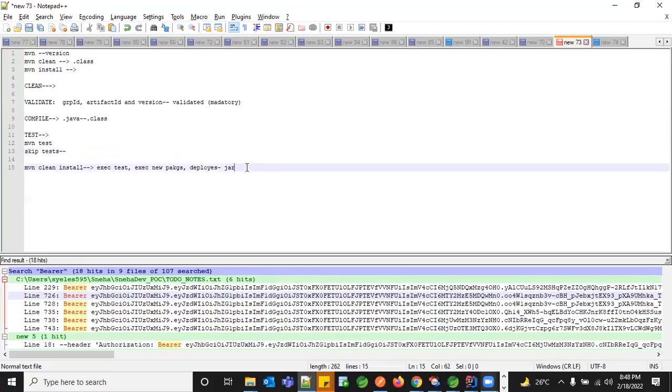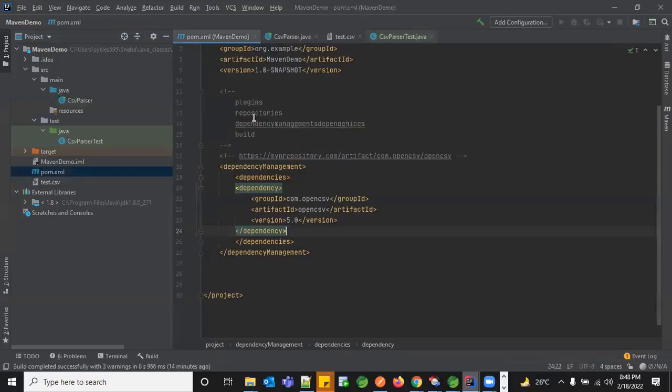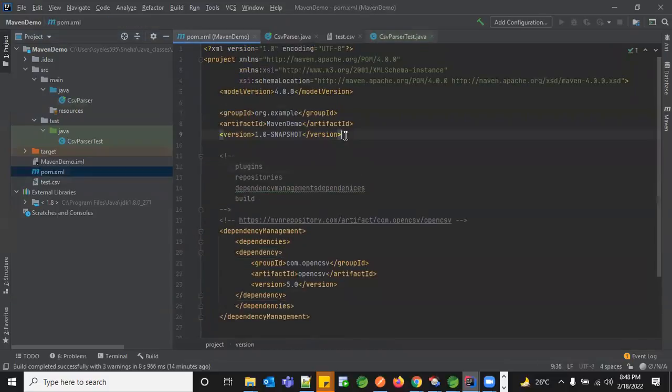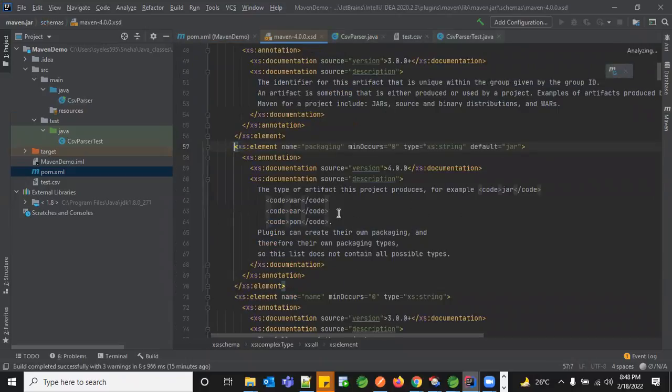And the fourth one is the package. Whenever you create your dependency, there is something called packaging. This packaging has all the types, whether it's a WAR file, an EAR file, a JAR file, or you just want it as a POM file.